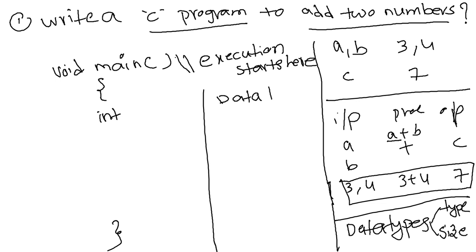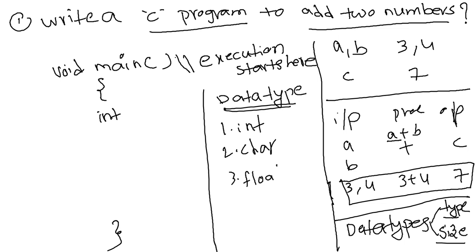So computer doesn't understand what type of data you are giving. To understand what type of data and what is the size of the data you are giving, we have a concept called data types. So the data types we have are int, char, float, double. Now when we need to use int, char, float and double, you go for the types of data. Data may be a text type or audio type or video type or image type. Here we are dealing with the text type. Text type may be what?